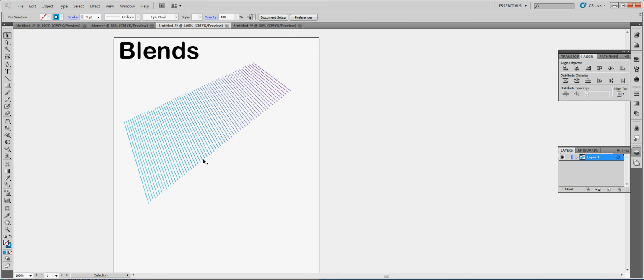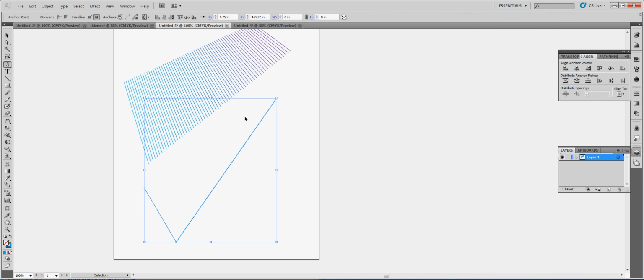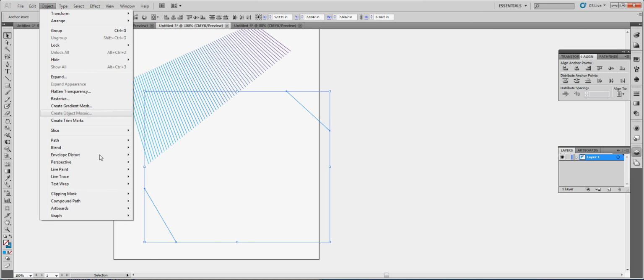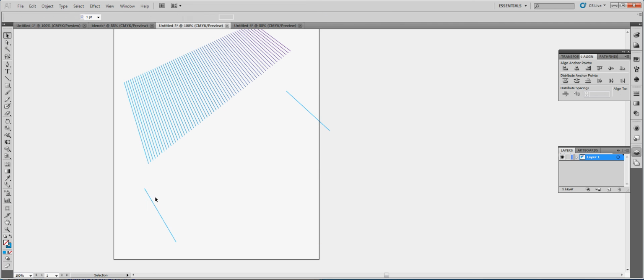And we're just going to make 2 more lines here. We're going to make 2 more lines. Now for this one, we're going to specify the amount of steps we want. So say we set it to, I don't know, say 20. Click OK, and then with both selected, Alt Control B,